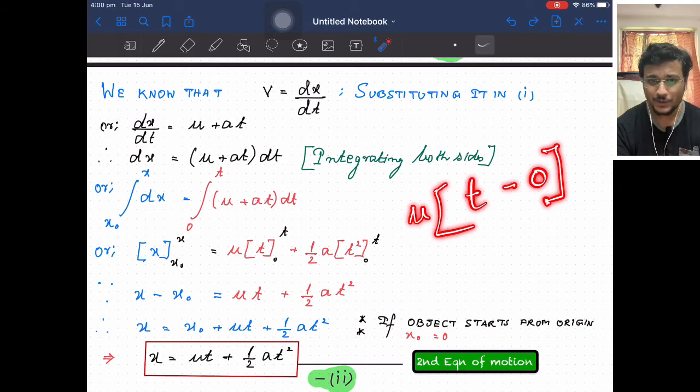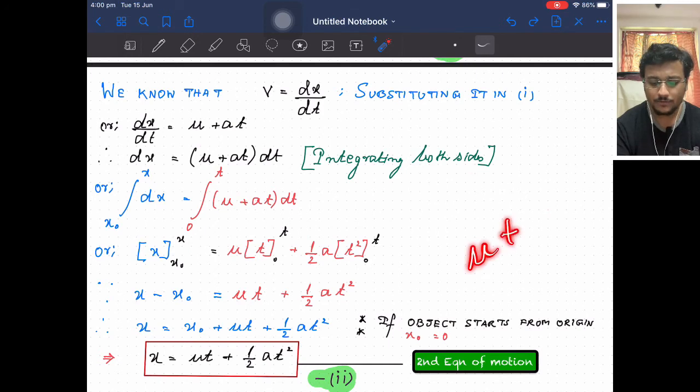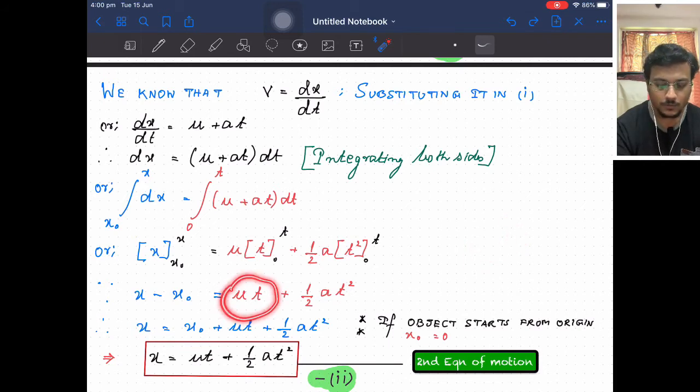So my dear children, ut minus u into 0, what does it mean? We will only have ut as our final answer from the brackets after the calculations are over. So that's why we have ut here. Hopefully it's simple and easy.